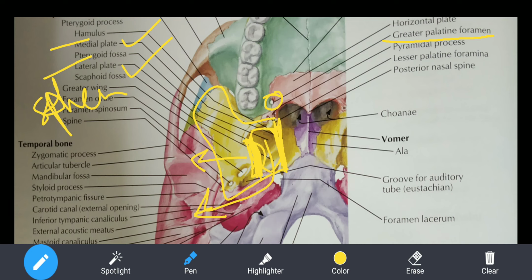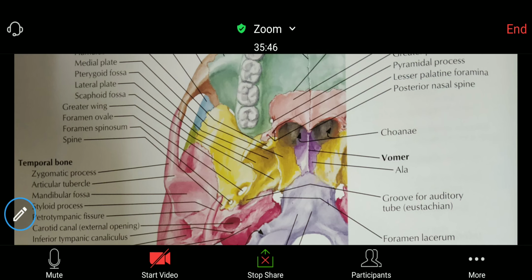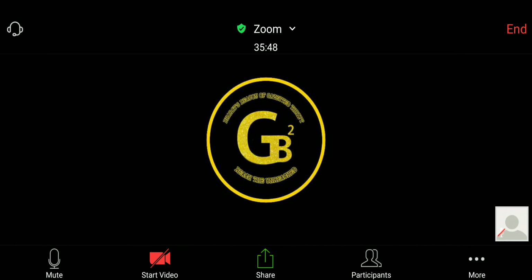So many points are there, and this is how it goes. And the important diagram about the contents, I think we will